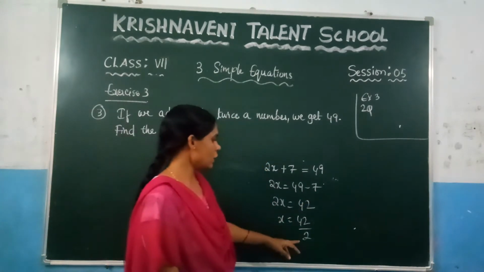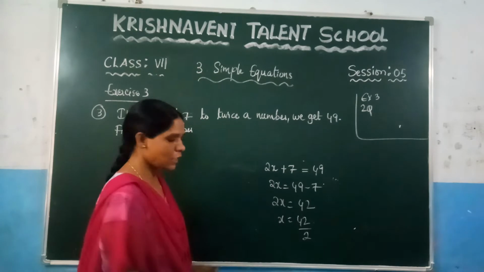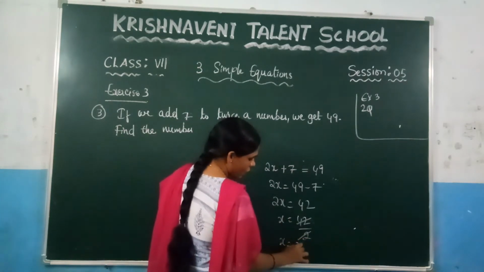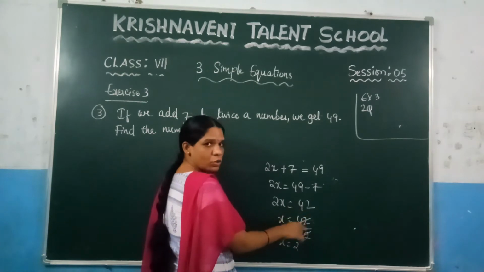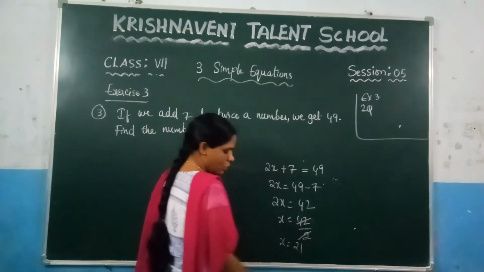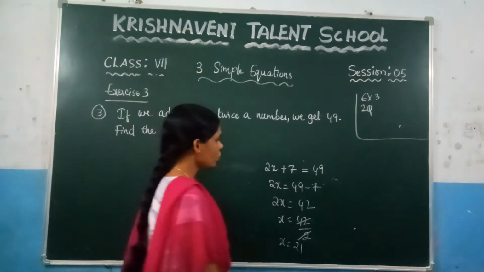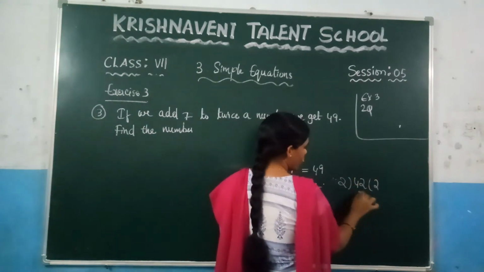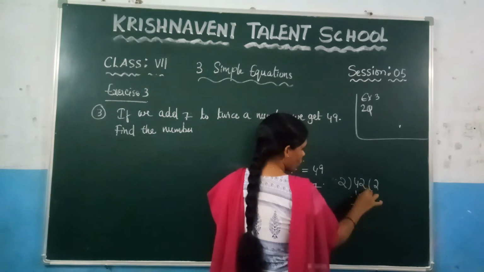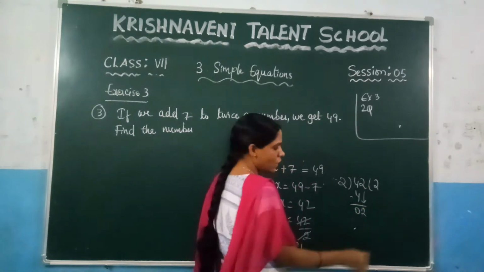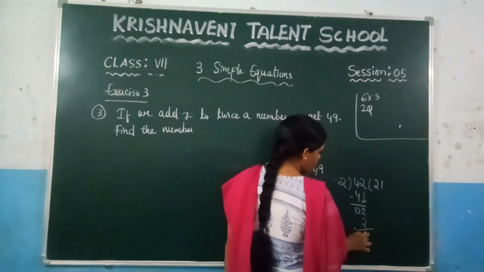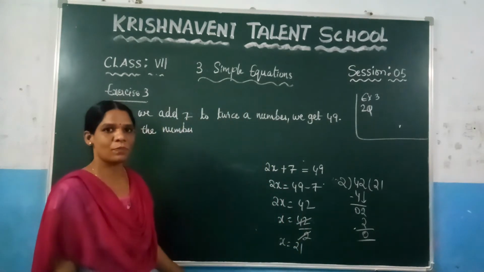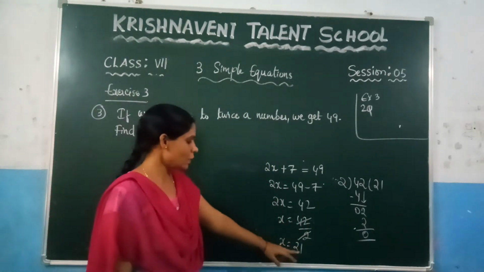Now in the 2 table, when you get 42, directly you can cancel here. 2 2s are 4, right? And what will remain here? 2 will remain. So you will get 2 1s are 2. Directly you can solve it out. You can follow the normal division, which is 42 by 2, right? 2 2s are 4. 4 minus 4, 0. You have to bring this 2 down, right? 2 1s are 2. So you are getting the remainder as 0. Or directly you can cancel it. So what is that number? That is nothing but 21.